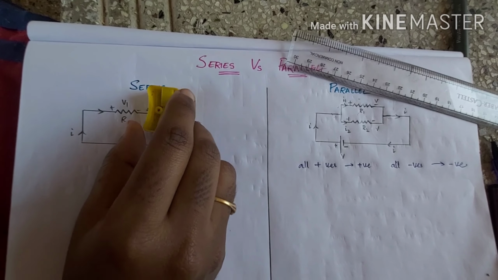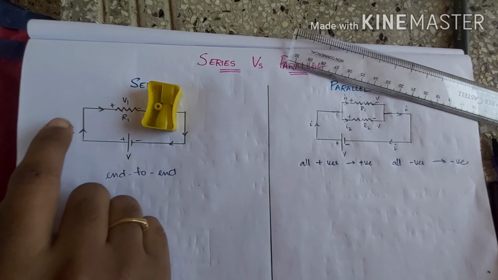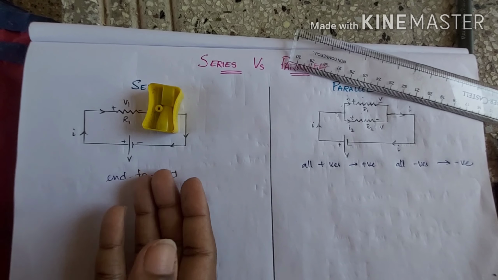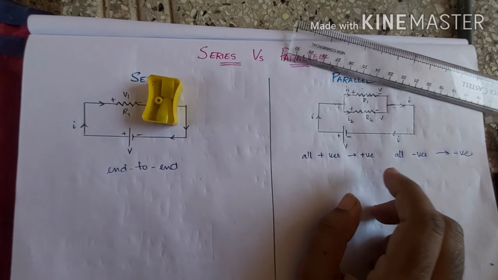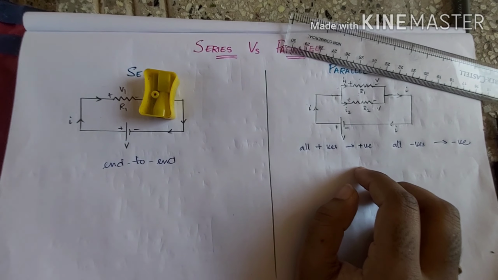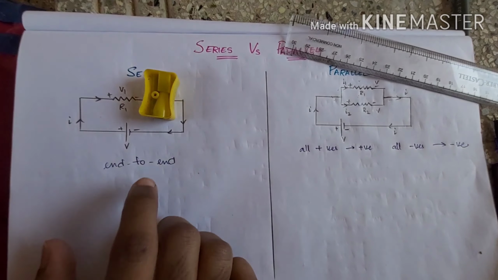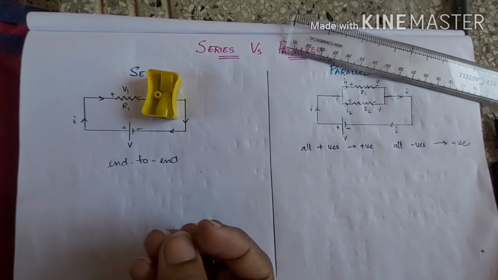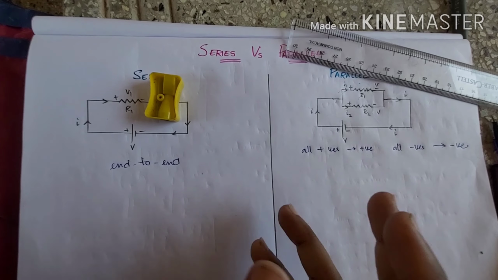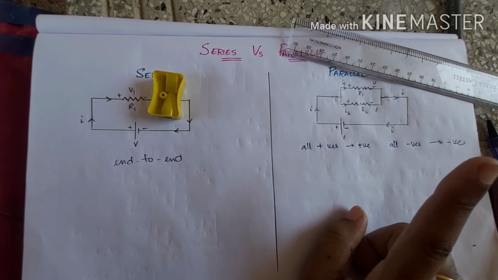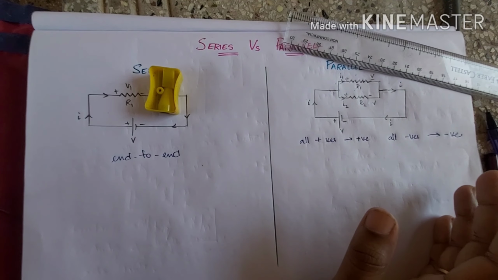Whereas in series, if I close this, is there any path to complete the circuit for the current to flow from one terminal to another? So this is the main disadvantage of series, whereas for parallel that becomes the advantage. This is the reason in our homes all the appliances are connected in parallel, not in series. If connected in series, if any one bulb goes off, then the entire home will have a power cut. Whereas in parallel, if one bulb goes off, the other appliances still work.